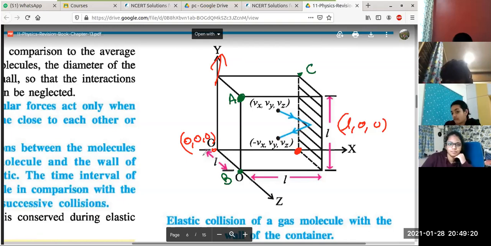Okay. Rohan, what is the coordinate of point A, B, C? All three. A is 0, 0, L. Very good. B is 0, 0, L. B is X पे 0, Y पे 0. Very good. C is? C is L, L, L. No, C is L, L, 0. L, L, 0. Oh yeah, my bad. तुमको समझ नहीं आया ना ये? No, I got it.